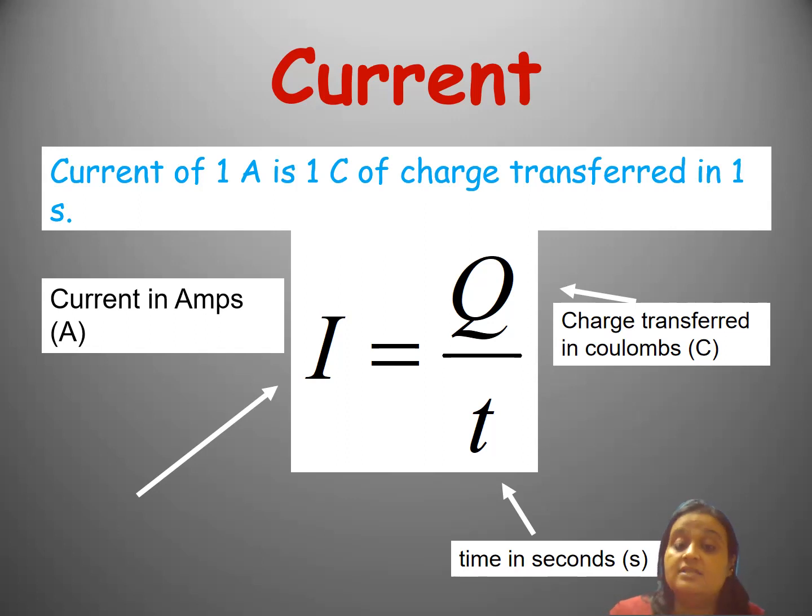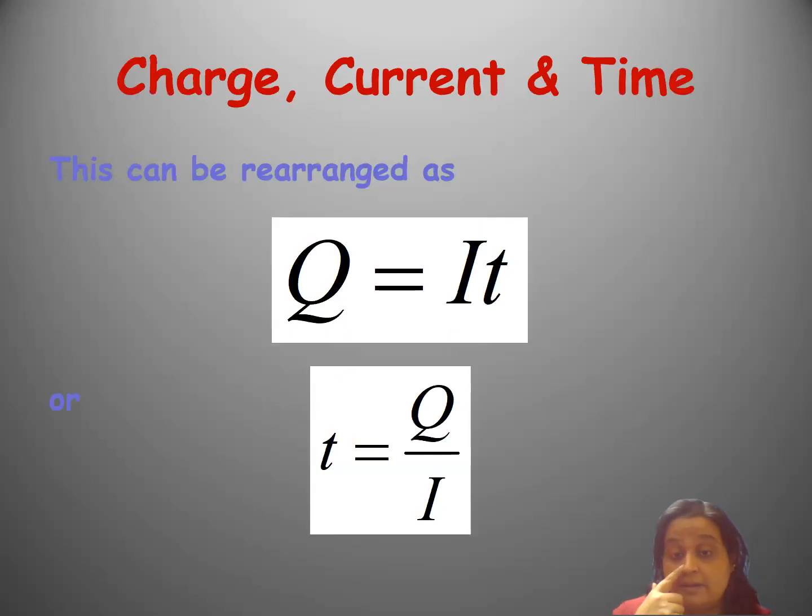You should know the relation between I and Q, the current and the charge. After knowing that, you have to present it. You know how to do it; from the last class, you have learned how to define the units. So I is 1 ampere. When will it be 1 ampere? When the charge is 1 coulomb, in how much time? 1 second. So you have to frame a statement: the current is said to be 1 ampere when the charge flowing is 1 coulomb in 1 second. This is the definition of 1 ampere.